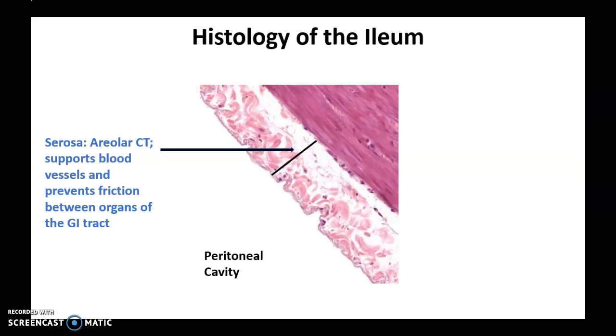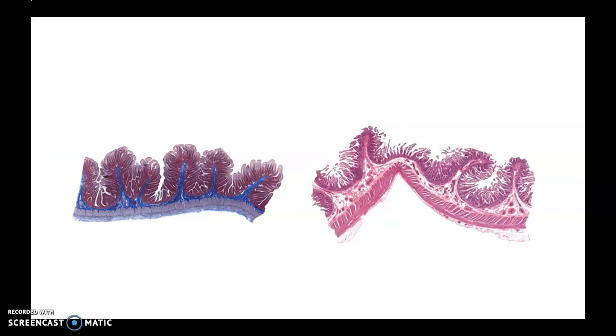Alright, the most superficial layer is serosa, which is made up of areolar connective tissue. It supports blood vessels, and this layer prevents friction between the organs of the GI tract as they move and function. In this layer, we can also see some collagen fiber bundles, and at the end, I want you to understand that